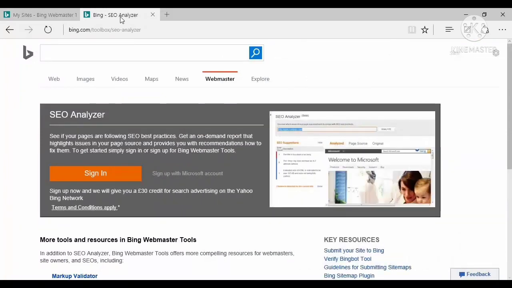Another useful tool that Bing offers is its SEO Analyzer. This is a tool that you can use to look at the SEO on your page. On-site SEO is also very important, meaning things like use of your keywords and your general coding practices, that sort of thing. It all matters. It's all very important to Bing. And this particular tool will analyze 15 different metrics, such as your H1 tags, your metadata, and more. And you can find it here at bing.com/toolbox/SEO analyzer.